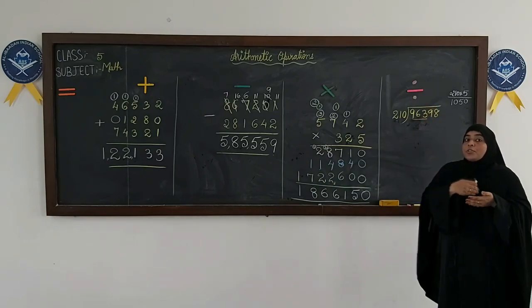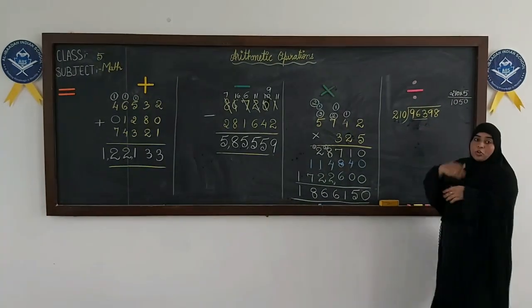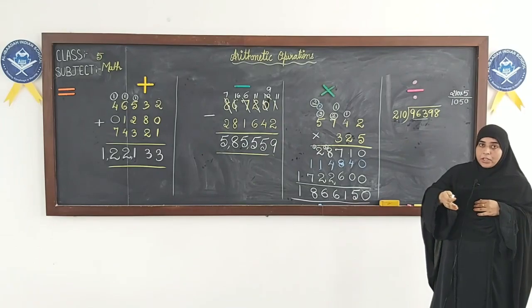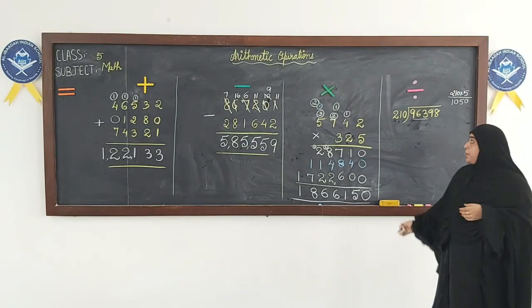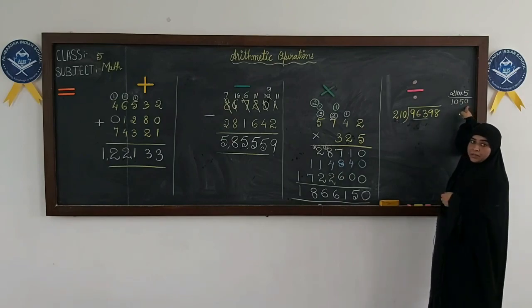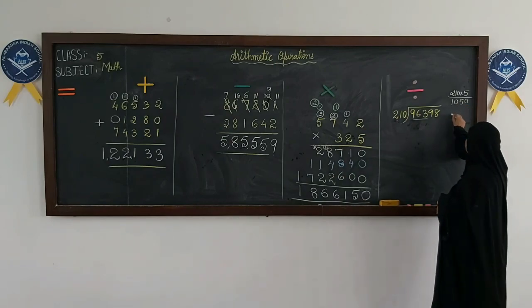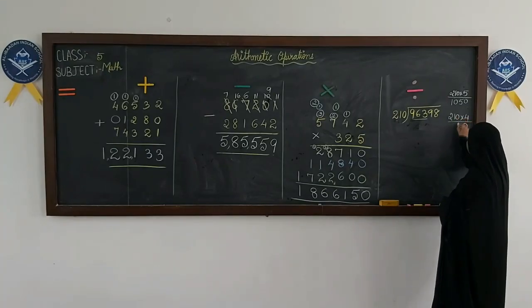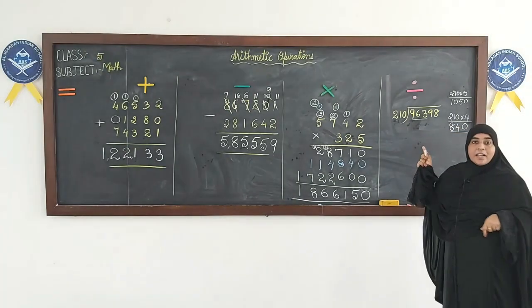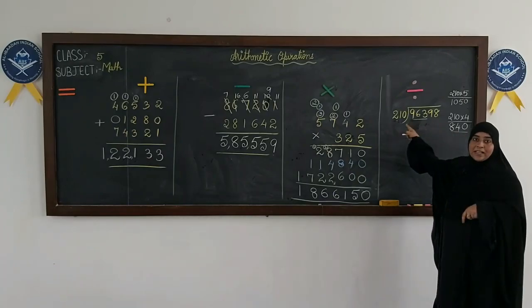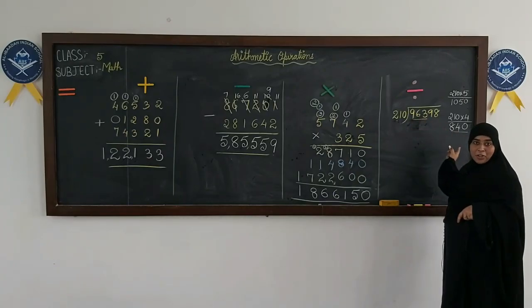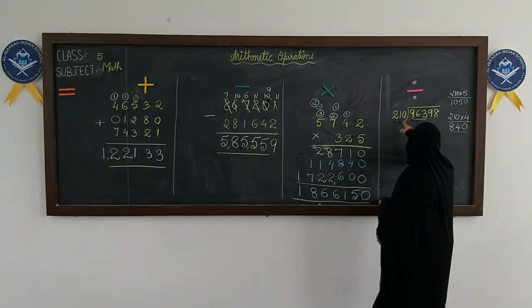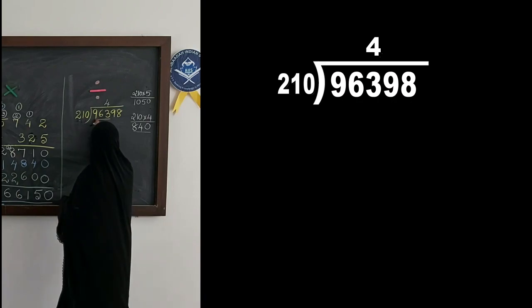Okay, now this 1050 is more than 963. We have to look for a smaller number or equal to this number. We cannot go more than 963. Okay, so we have to look for a smaller number. That means 5 is giving us a big number. So we have to go for 4. Okay, so let's try 210 into 4. Okay, multiply and see. 4 zeros are 0, 4 ones are 4, 4 twos are 8. That's fine, right? We got 840. That's smaller than 963. So we can go for 4. Okay. So 210 into 4 will give us 840.